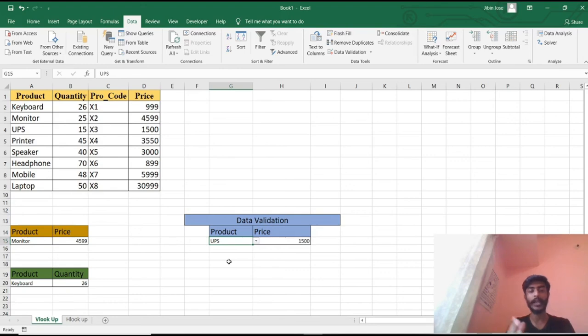So you might be thinking why it is being used on a short data set, but I'll tell you, VLOOKUP and HLOOKUP are used for data that is in massive content. For example, for units in thousands, in lakhs and crores. So this particular feature can enable you to get the data fast. For example, you have 1000 products. If you type one product, it is giving you the price. That will be easier for you to identify the price. For example, if you are a shopkeeper or you have a manufacturing unit, so that particular option, like products in thousands, can give you the price in just one click. So that is the reason VLOOKUP might help you.